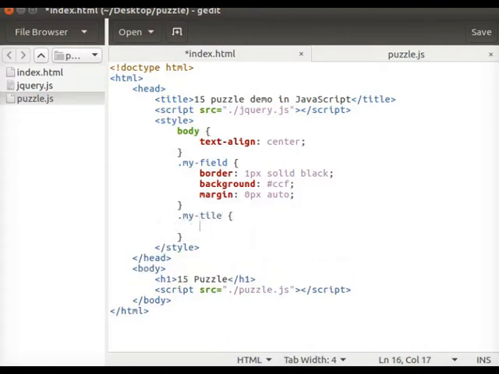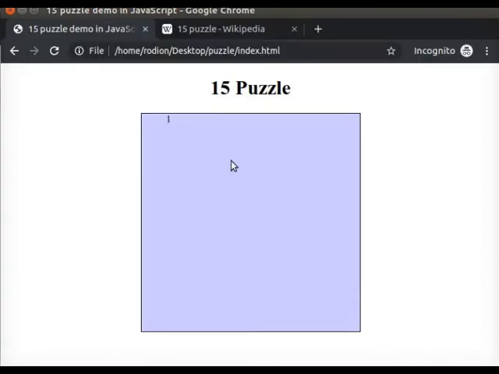Let it be with background like FFC. Here we had CCF, and here it's like yellow. You see, it's pretty square, but the number is not yet very beautiful. Let us make it larger, and